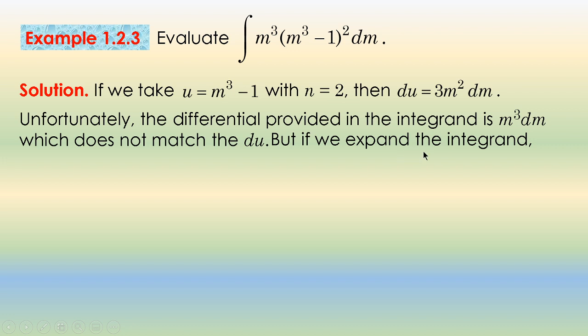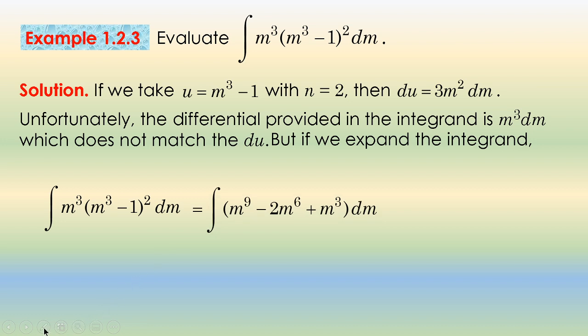But if we expand this integrand, so let's expand. This is a binomial. When we square it, we get m to the 6th minus 2m cubed, sorry, m cubed plus 1 times m cubed. So we get